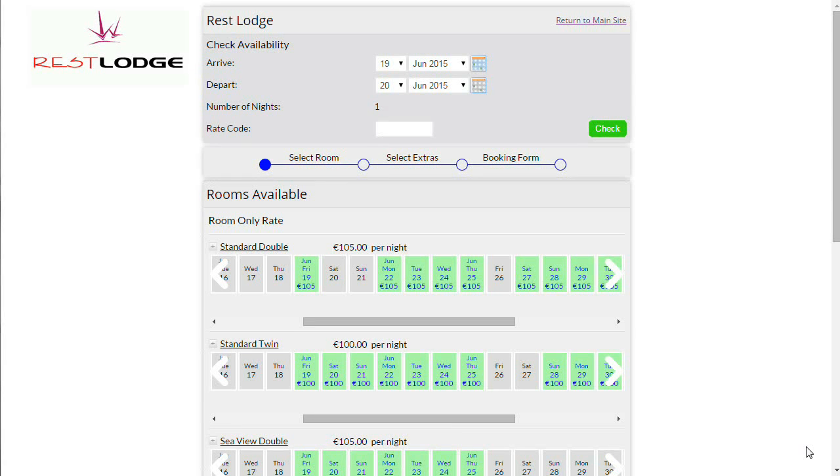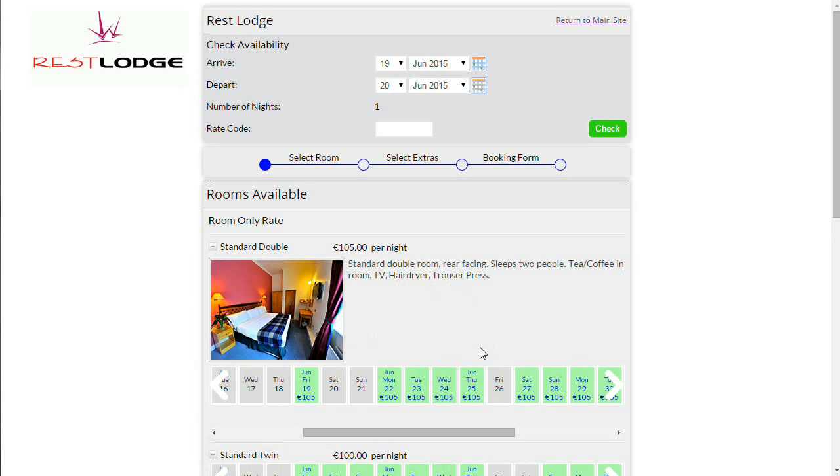Hello and welcome along to Getting Started with BookServe. We're going to cover how to get signed up and get your rooms up and looking good so you can